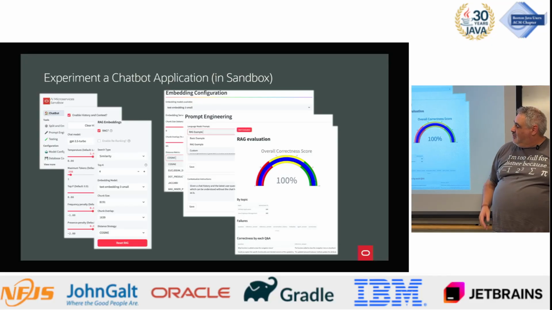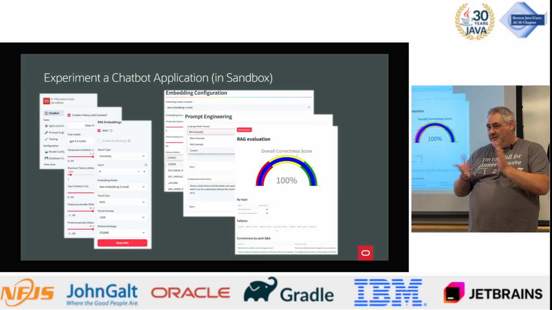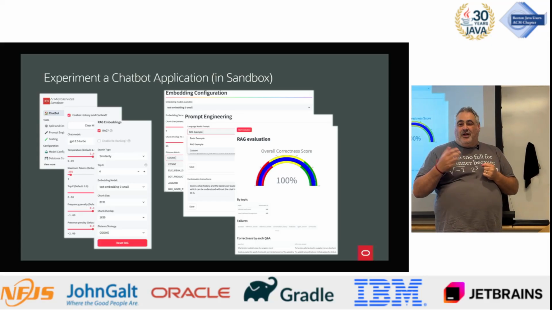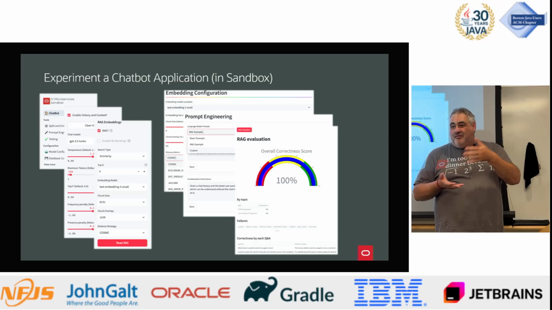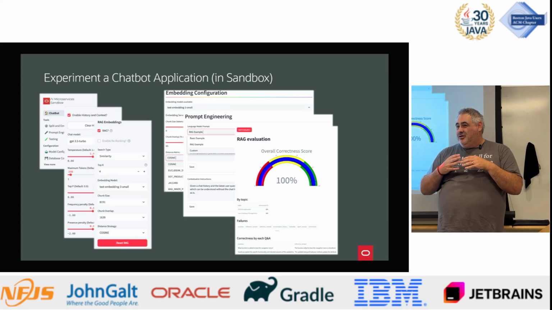And then another really interesting feature this has is something called evaluation. So imagine how you would use this tool, or if you didn't have this tool, you'd be writing your own code for every one of these permutations and combinations, right? So you have your data, you've created your vectors. Maybe you do it several different ways with different document readers, one that understands structure, one that doesn't, different chunk sizes, different overlaps. Maybe you experiment with different similarity search algorithms. Maybe you fiddle with the temperature or the top P or all that kind of thing. So you can imagine you're going to try lots of different combinations to try and figure out what's the most reliable and effective for whatever it is you're trying to do.